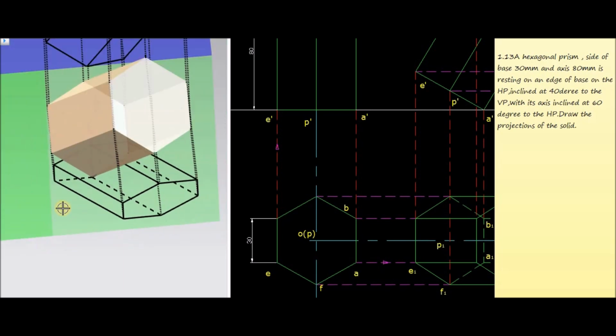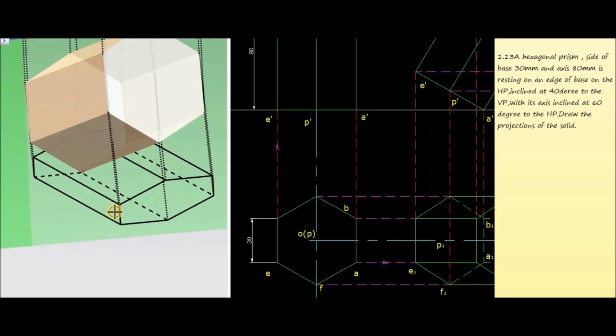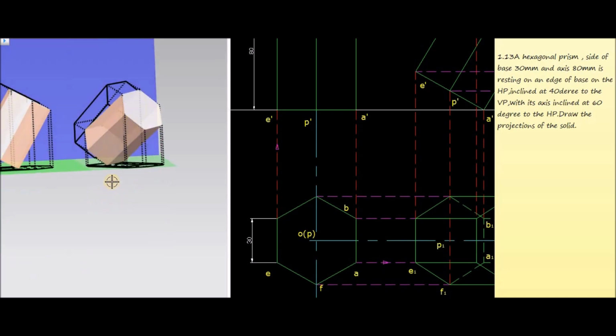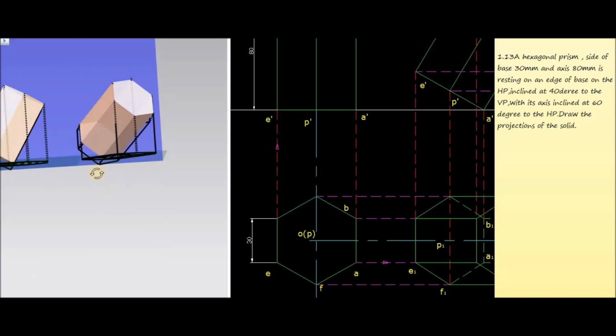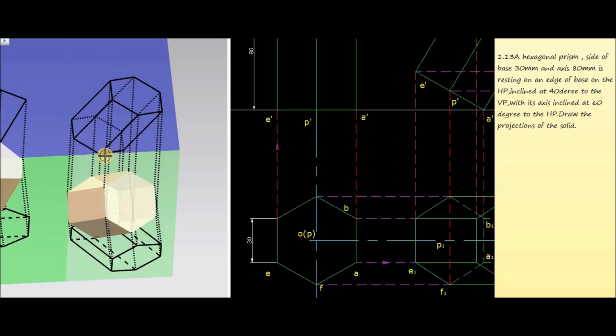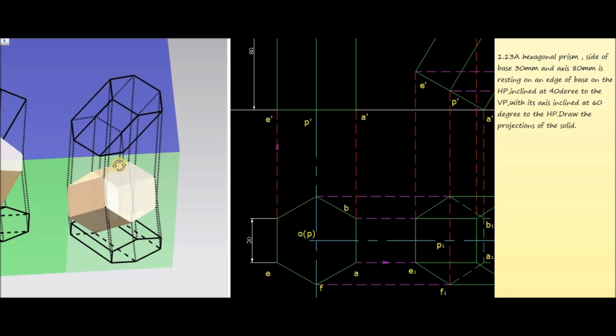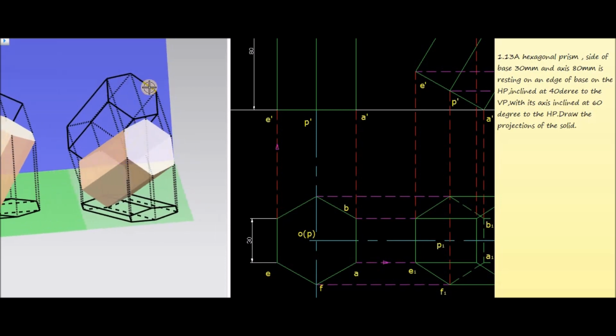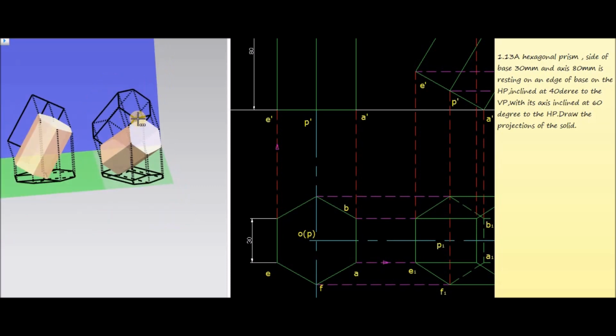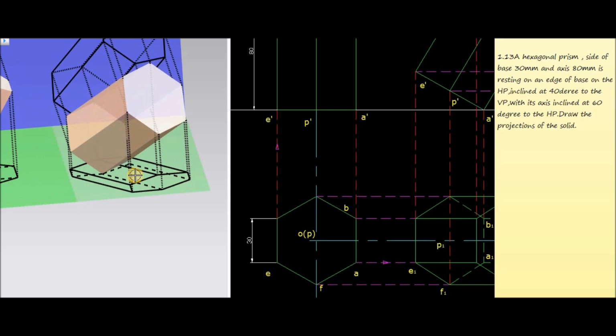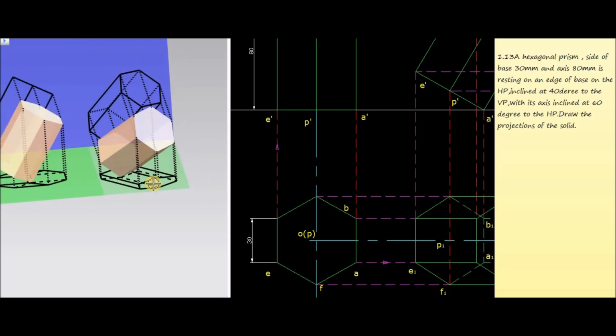Then again, looking from front side, this is the final position. Looking from front side, we'll get the corresponding points here. That means project all the bottom corners, top corners, then join the visible lines as thick and the lines which are not visible by dotted lines. So this is the final front view corresponding to the 40 degree inclination of the base edge and 60 degree